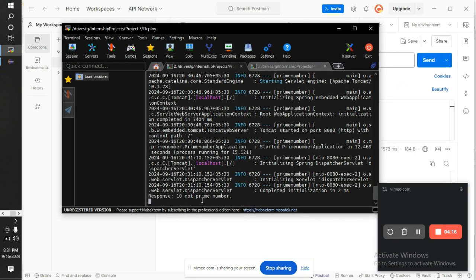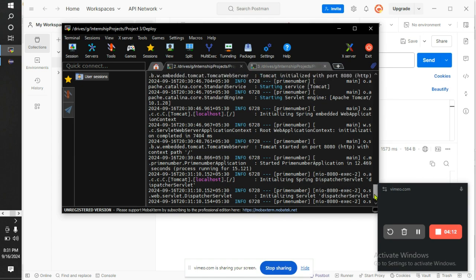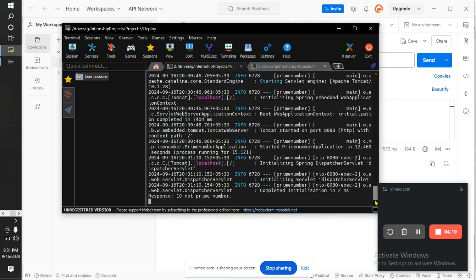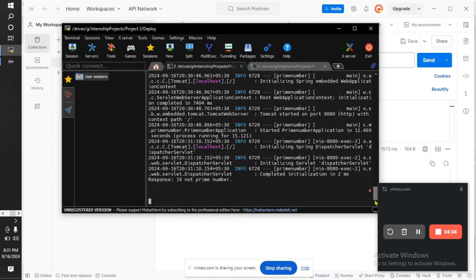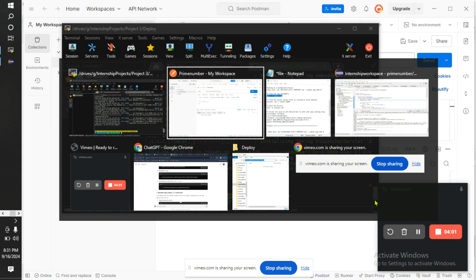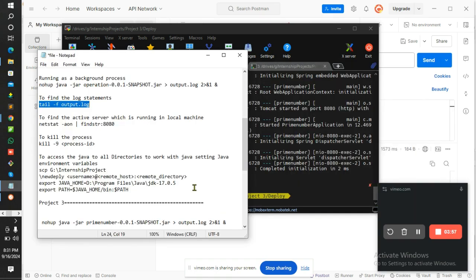See, the response has also been recorded by the tail command in the log statements. To get out from this, Ctrl+C. To kill this process,